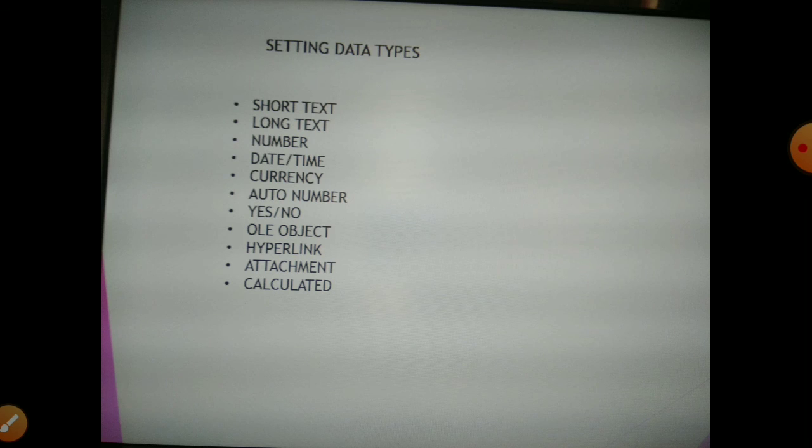What is attachment? Used to attach a file to a record, much like attaching a file to an email message. What is calculated? Used to store the results of a calculation based on other fields in the same table.